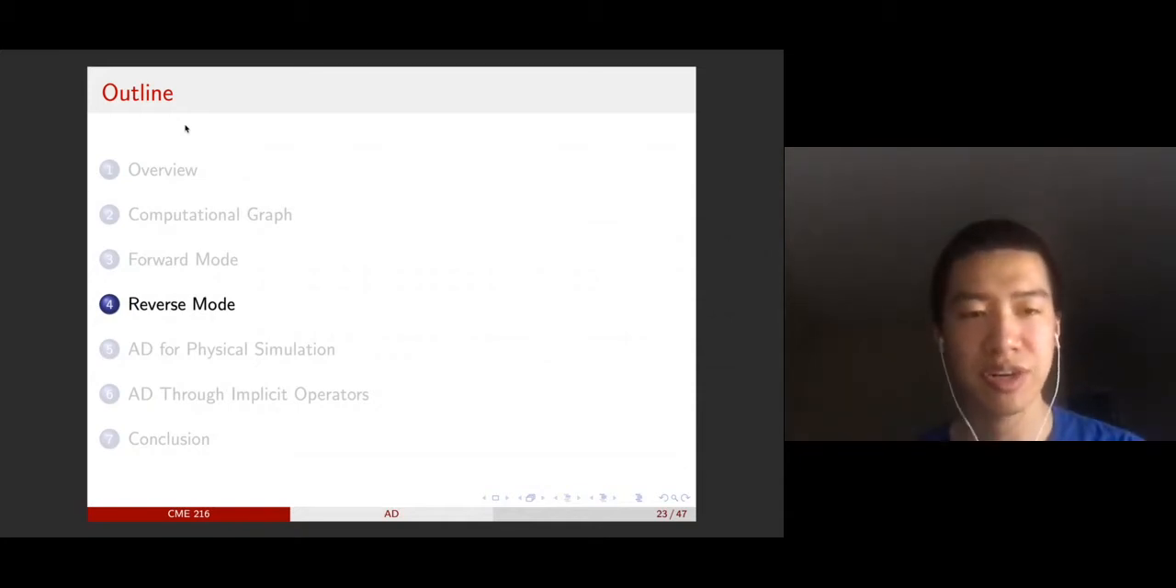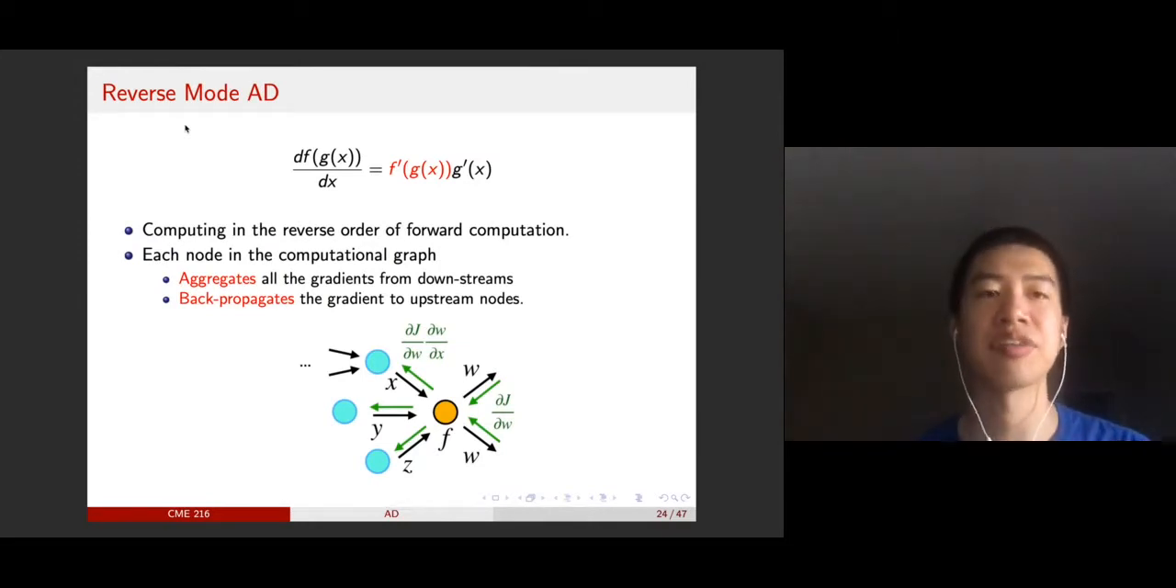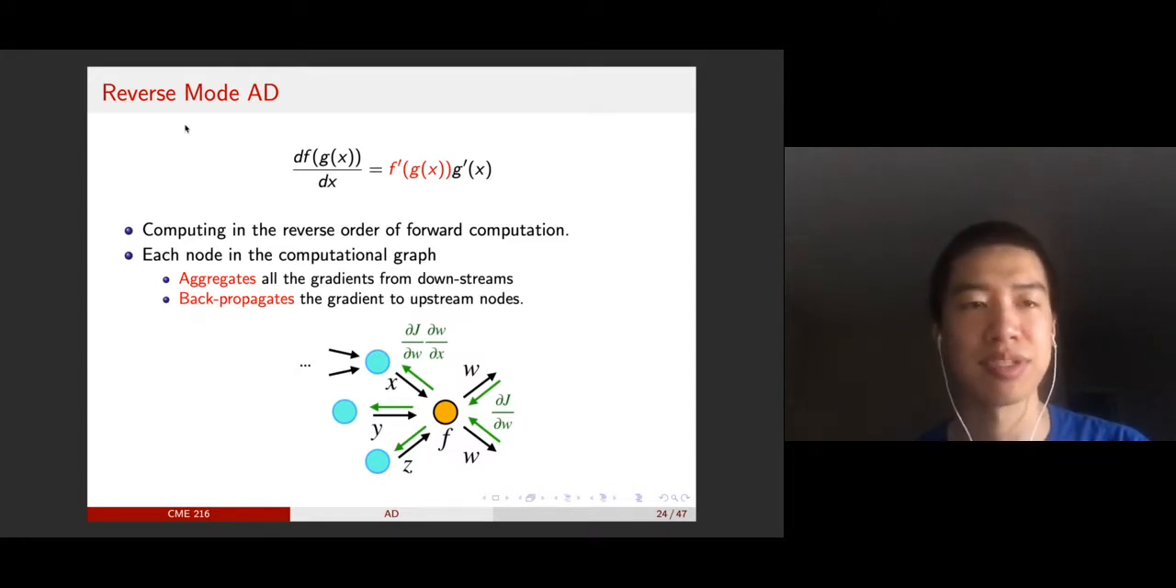Now in this lecture, we will cover reverse mode automatic differentiation. Reverse mode automatic differentiation is actually very important and most related to inverse modeling, which I will talk about in the next few lectures. And reverse mode automatic differentiation, just like forward mode automatic differentiation, works by using the chain